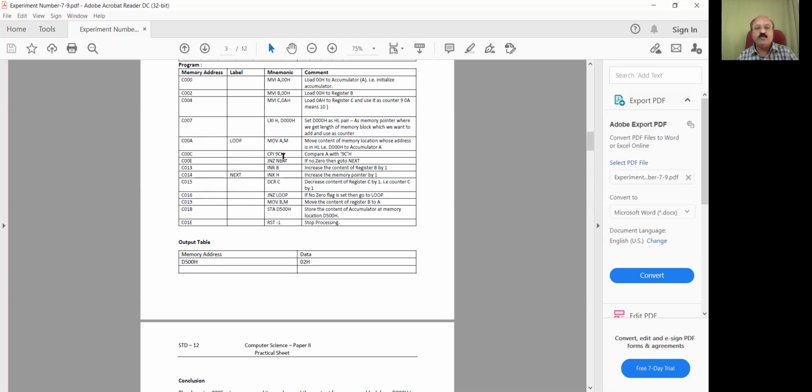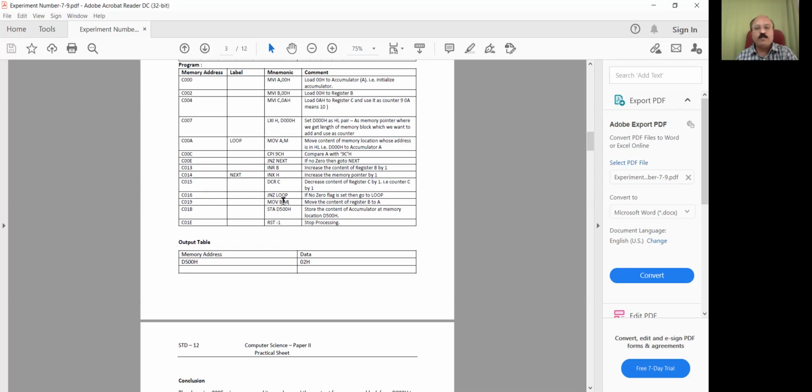And this will continue. At the last, when it comes out of the loop, it is MOV B, M. Move B comma M. Means what? Move the content of register B to A. Okay, so this is wrong.